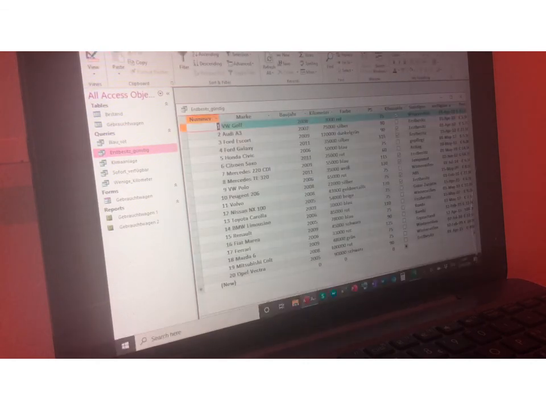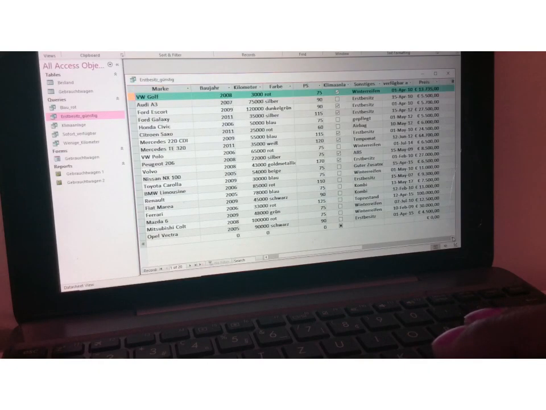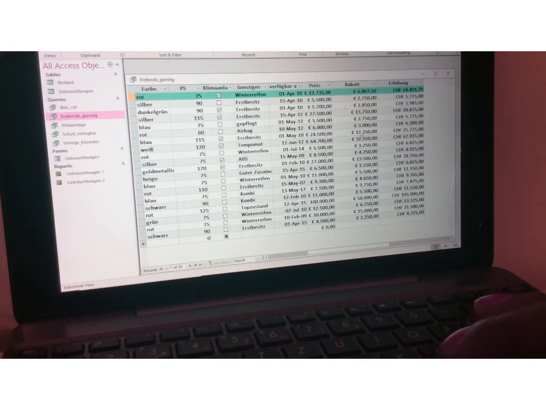Okay, let's take a look at the datasheet view, and check if we have a new field. Here we have the field we created together called Rabatt, and now this is a new field called Erhöhung, and this is the Erhöhung 5%. So it's working. This is how you calculate a field in the query. So we have added two fields, you remember, Rabatt and Erhöhung. And now let's